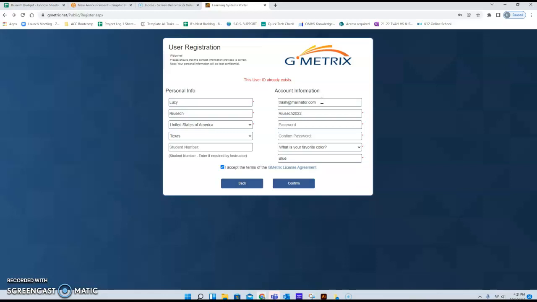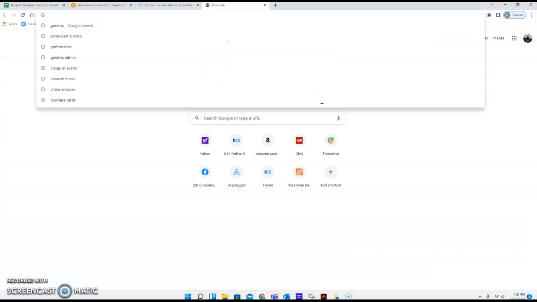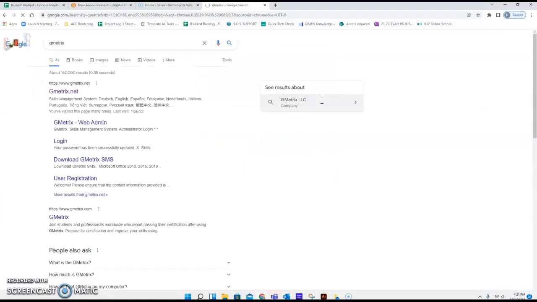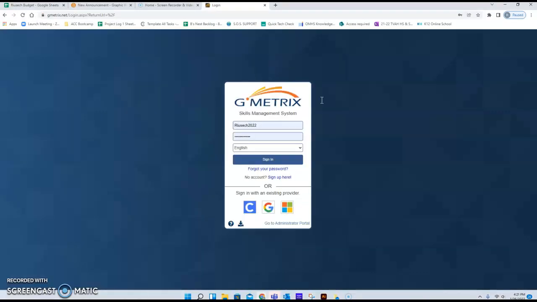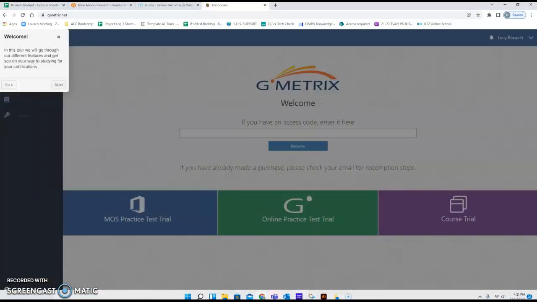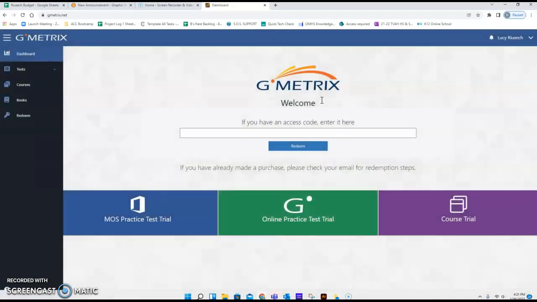Okay, I am going to close out this window because I actually already finished making my GMetrix account, and I want to show you what happens when you finally make your account. Okay, so here is my username that I used. Here's my password. Here's English, and I'm going to click sign in. When it takes you to sign in, you can do the tour, you can get rid of the tour, and